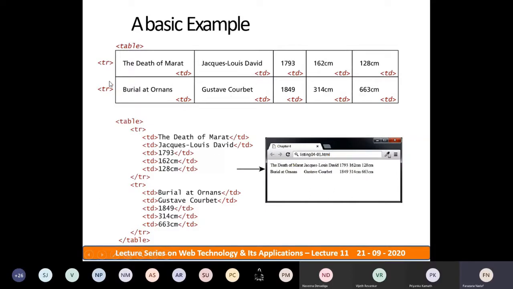Here you can create this with the HTML table element. Table, then the first row we need to create. So the first child tag of a table is TR. Under TR, you need to create all the values of a column, all the data cells of a column. Then you need to go for the second row. Until you finish the first row content, you cannot go for the second row, right?